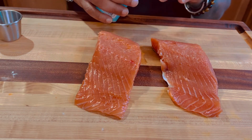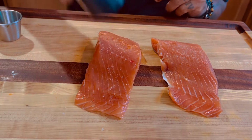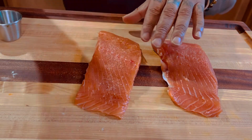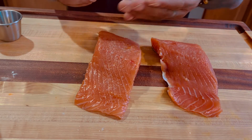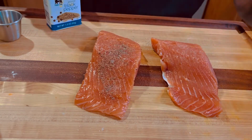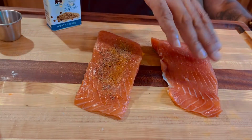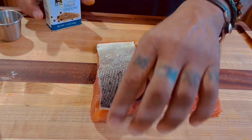Apply a little bit of sea salt. Ground pepper. And ground turmeric. And you do the same for the other one. And you do it on both sides. Because you want it